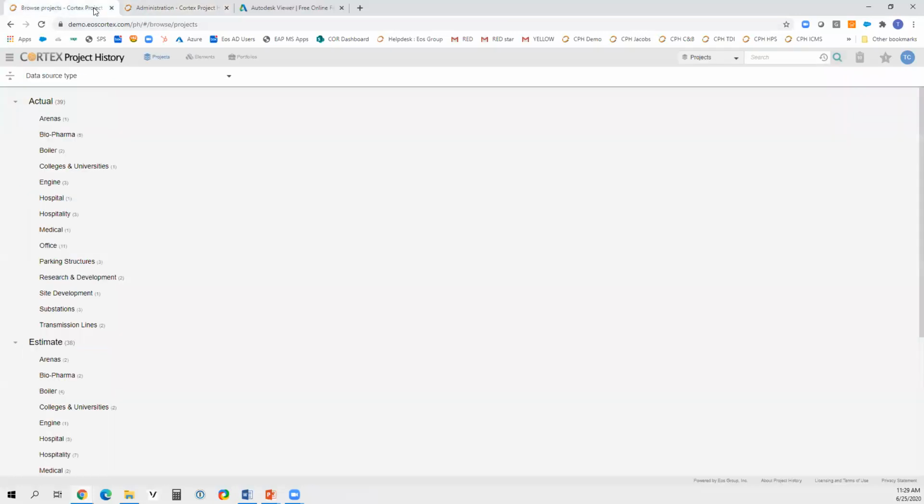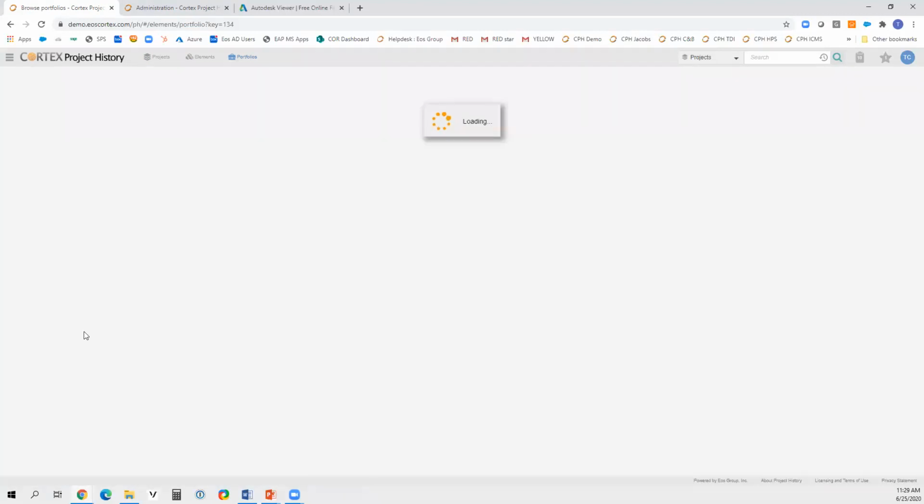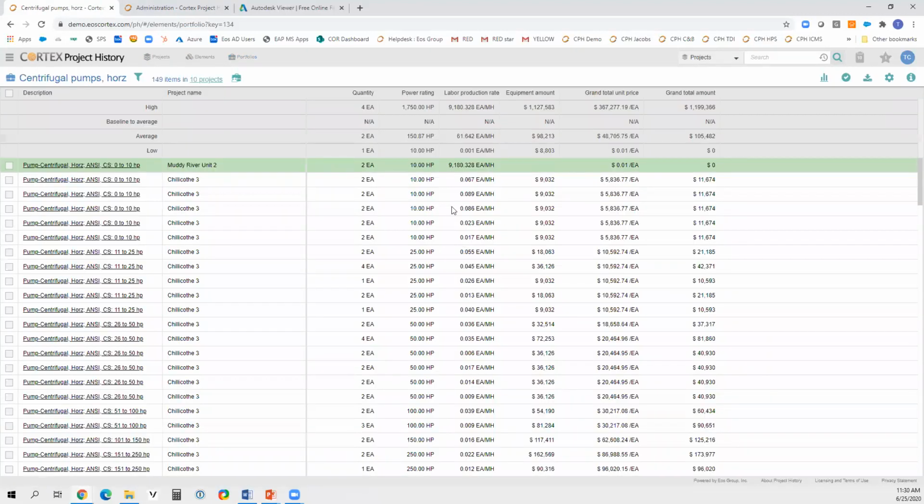A good example of that may be, again, I'll go back to my project search, or maybe I'll look at cost elements, because we can do that there as well. I have saved some studies of cost elements that I may use for benchmarking or conceptual estimating. Here I have one, horizontal pumps. Here are all these horizontal pumps. I've already looked them up. I've named and saved them. And now I can